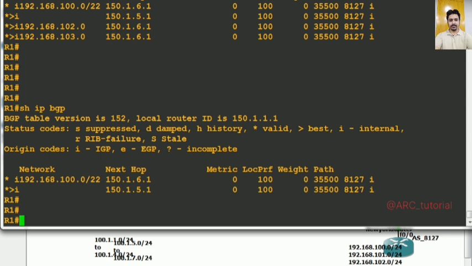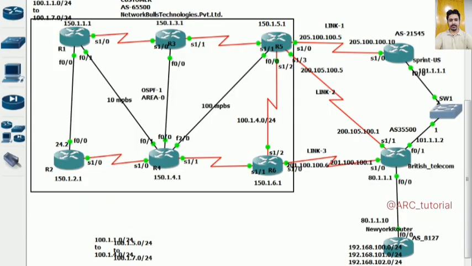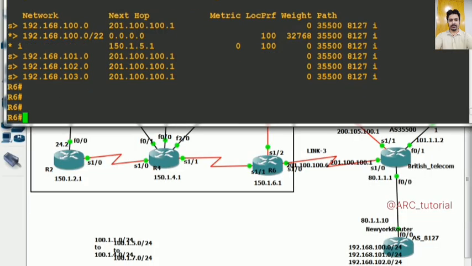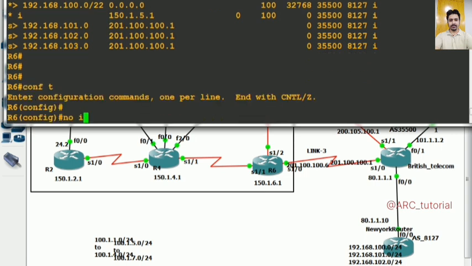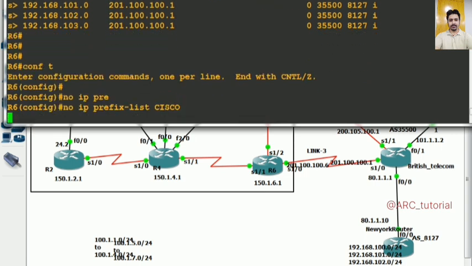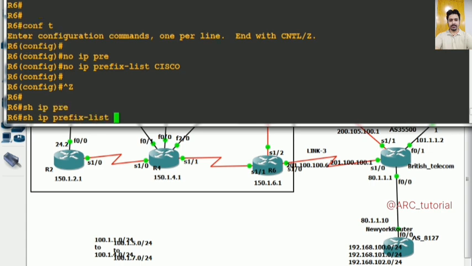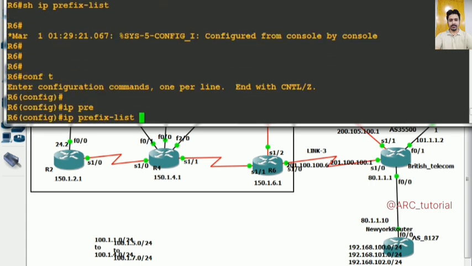So let's say that for 103 only, I want to see that for R1, its best path should be via R6. So from R6 we can advertise this 103.0 individually on /24 itself. From R6 only, right? So let's move back again on R6. First of all, create one prefix list. No IP prefix list, it was Cisco. So IP prefix list CCIE